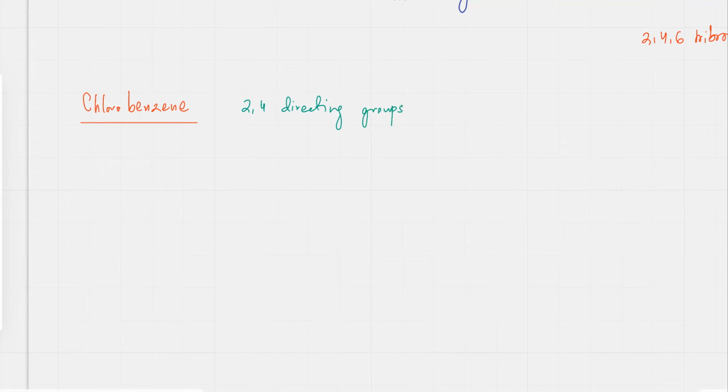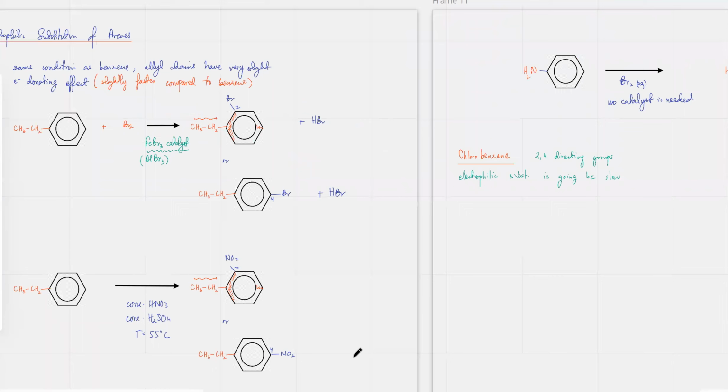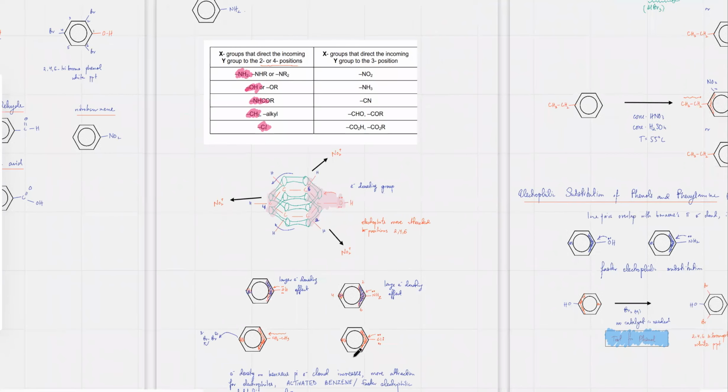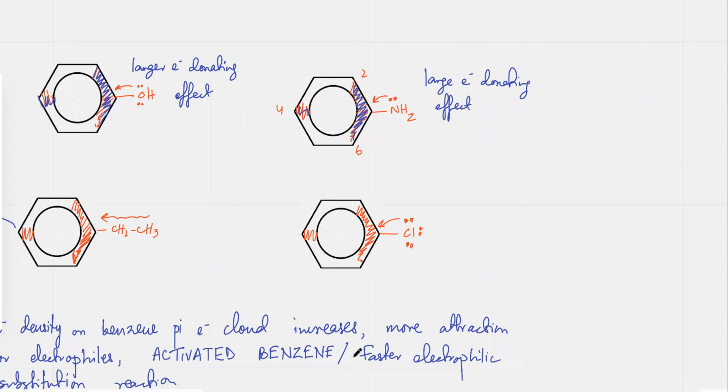So electrophilic substitution for chlorobenzene is going to be slow, or just slow. That's going to be enough. So no details are required. A lot of times it's not going to happen. It happens with difficulty, and the reason for that is